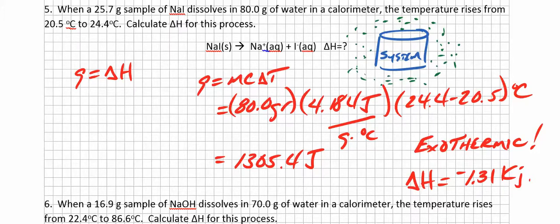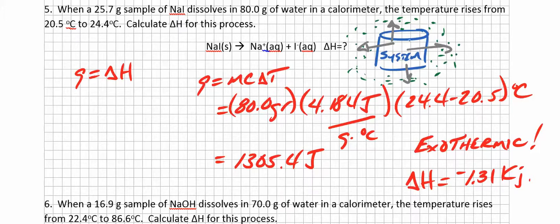And so what's happening here is that heat is leaving the system, leaving the reaction and going into the water, heating up the water, right? Because of that, I know that this is an exothermic reaction. Exo means out, therm means heat. So if I can figure out how much heat is being absorbed by the water, I'm going to know the delta H,